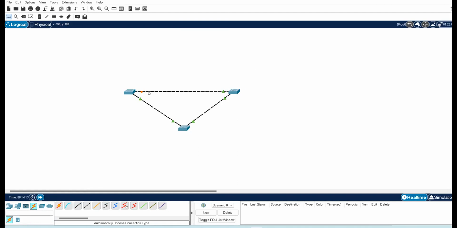So this link is orange, like this is a blocked port. So what STP will do, if you are using STP, STP will block the port on a specific switch to avoid the loop. If you are using more switches like this, for example, you are using a switch here and one more link connected to this,